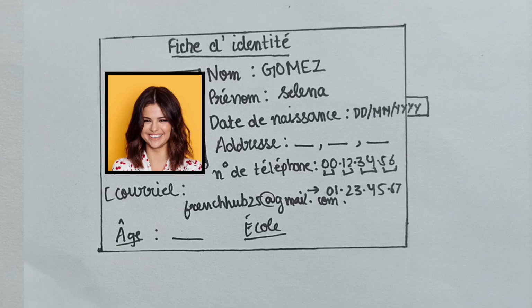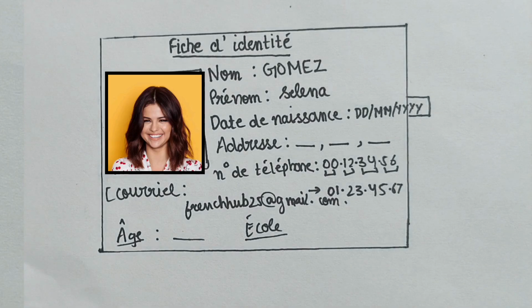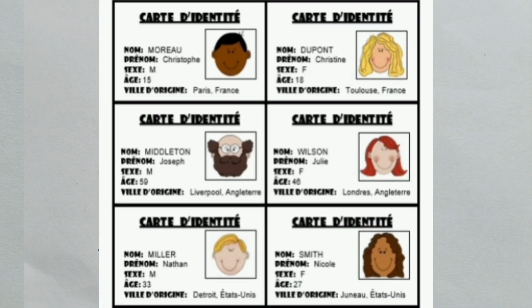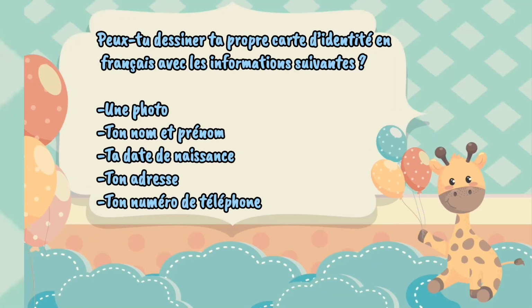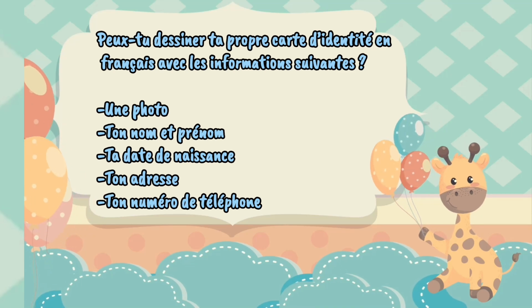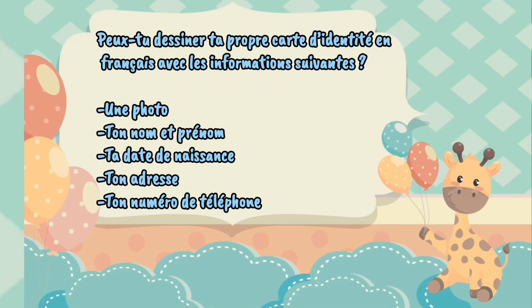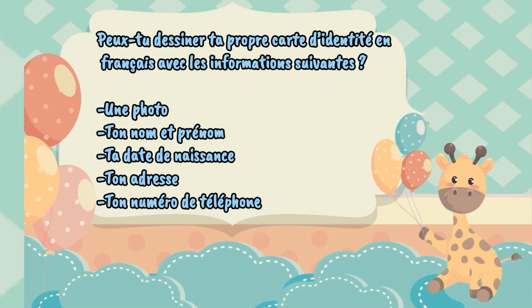So this is the main format that we follow while making an identity card. I hope this format is clear to you. Here is a sample of a clear identity card. You can pause and look over it so that you have a better reference. And the question for you all as a form of practice, it's there on your screen. Read the question and follow the same format while making the identity card.